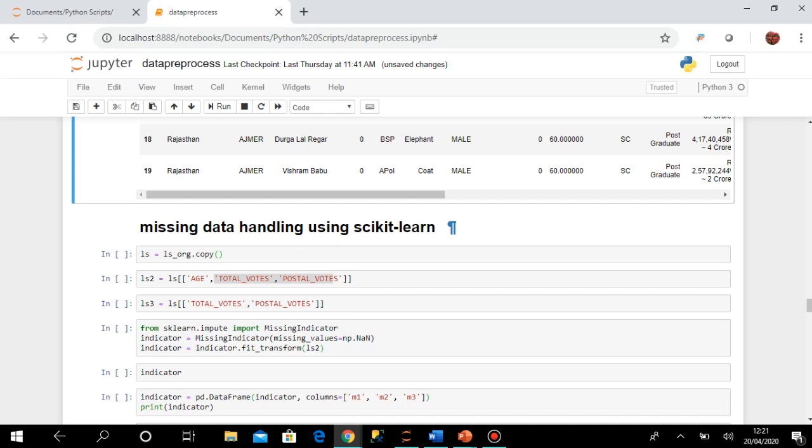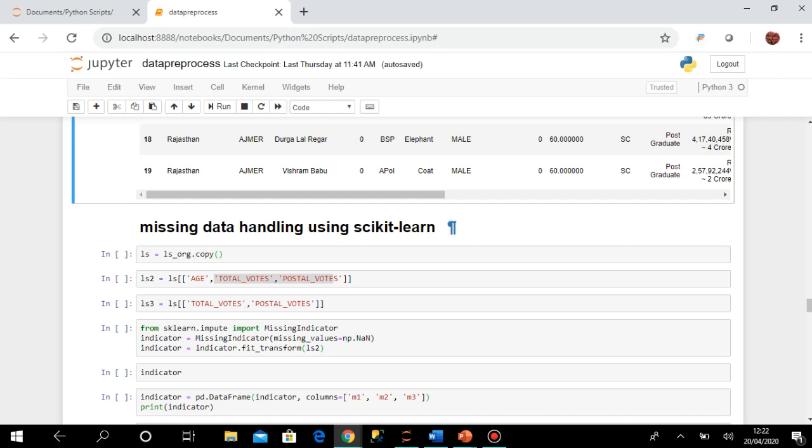Okay, so we have handled missing data with the pandas library. Now let us handle missing data with another Python library, called scikit-learn. In scikit-learn also there are many functionalities which help us handle missing data.